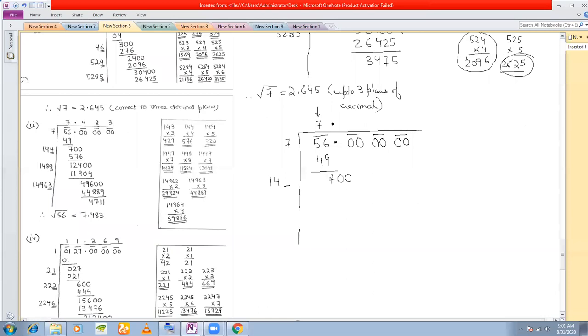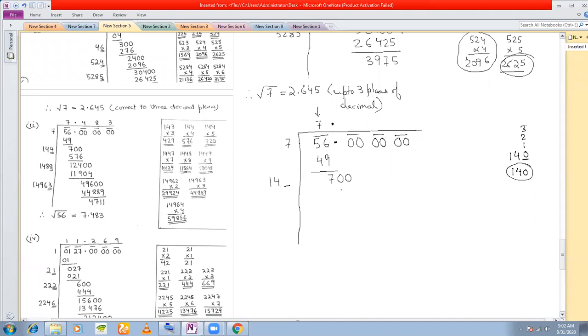Now see, till now what I have done with you is I have shown you the trial and error method. Okay. Now there is a small guesswork that you can do when you are placing a digit. Instead of trying with 1, 2, 3, 4, and up till 9, there's a small guesswork that you can do if you want to shorten the amount of time it will take. Now see, whatever digit I put here, whether 0 or 1 or 2 or 3, this will be approximately equal to 140. Very, very close to 140.